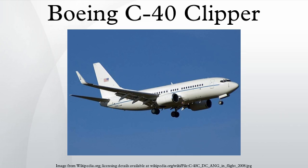Specifications. General characteristics: Crew, 6. Capacity: passenger configuration, 121 passengers; cargo configuration, 8 pallets of cargo; combination configuration, 3 pallets of cargo, 70 passengers. Payload, 40,000 pounds. Length, 110 feet 4 inches. Wingspan, 112 feet 7 inches. Height, 41 feet 2 inches. Empty weight, 126,000 pounds. Loaded weight, 134,000 pounds. Max takeoff weight, 171,000 pounds. Powerplant: 2 CFM International CFM56-7 SLST turbofans,